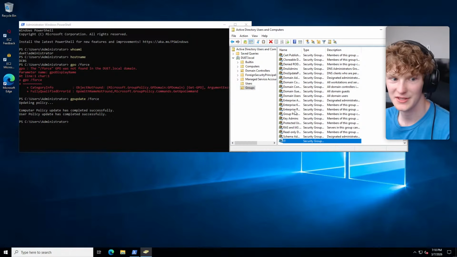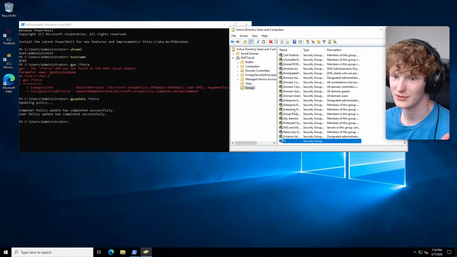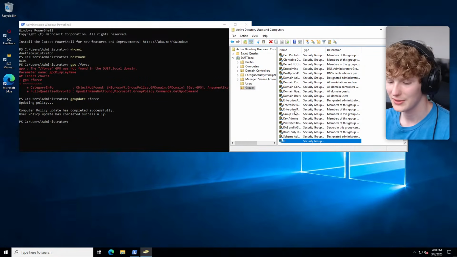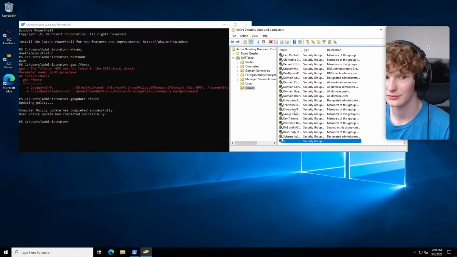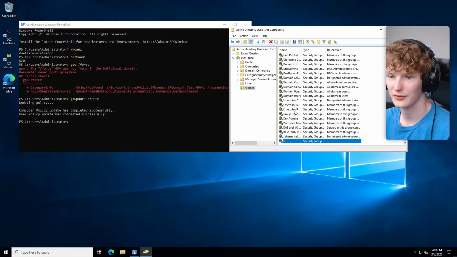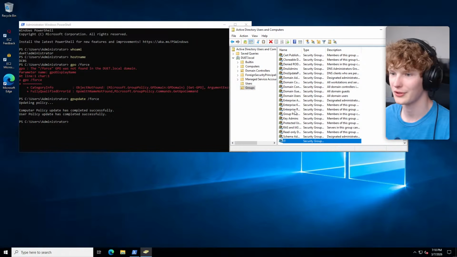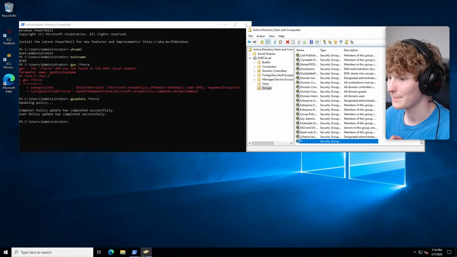What about EJPT or CRTP? I think those are two very different certs. I think EJPT is kind of outdated from what I've heard. I've never taken it, but CRTP, certified red team professional, is a little more advanced from what I hear. So I think they're very different certs and they serve different purposes.